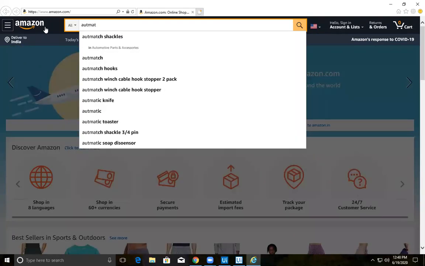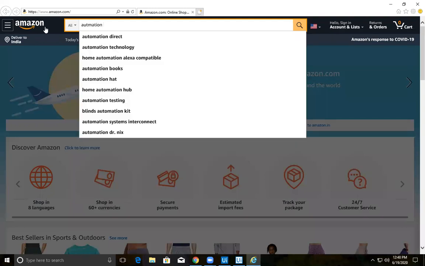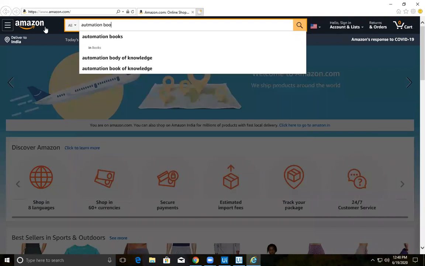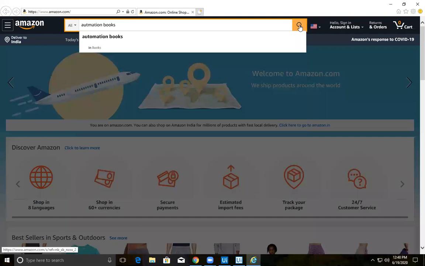It missed the O. So with delay between keys, it worked, but it missed the O. Even though it populated automation books, the keyword captured is without the O. So that's what is happening.